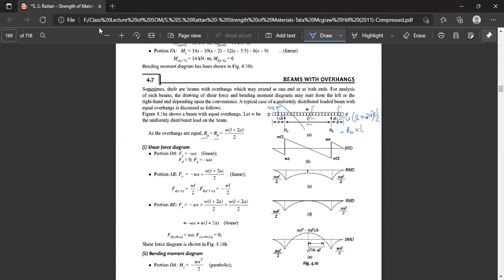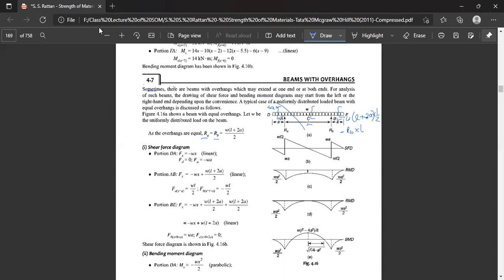and the weight carried by the beam up to a distance x is equal to W into x. As this force is acting downwards and the shear force is supposed to be acting upwards, they are opposite in nature. So shear force Fx will be minus Wx. If we put x equal to 0 at the end D, FD will be 0. And if we put x equal to a, at the point A, then FA is equal to minus Wa.